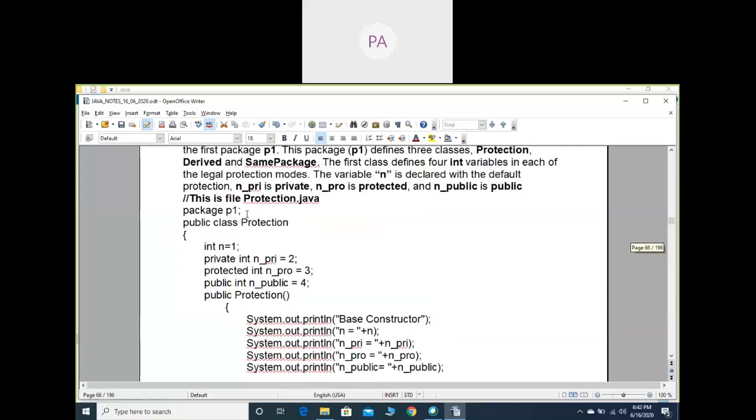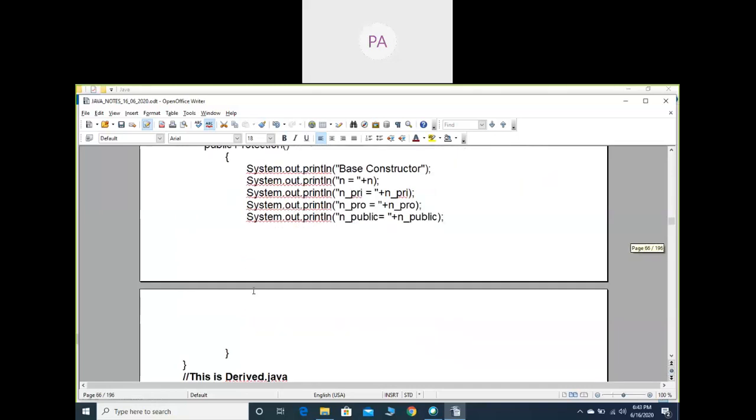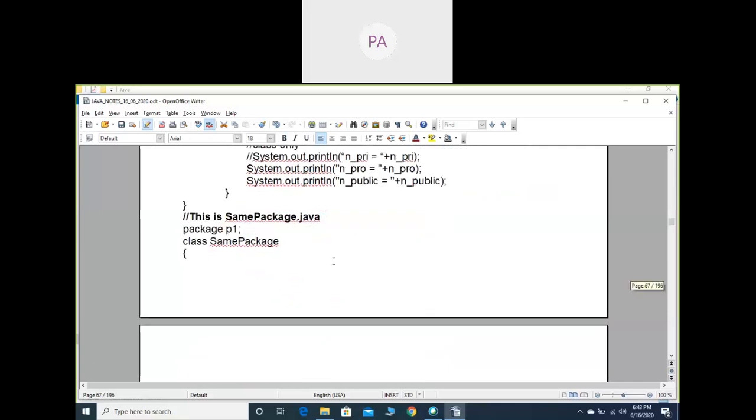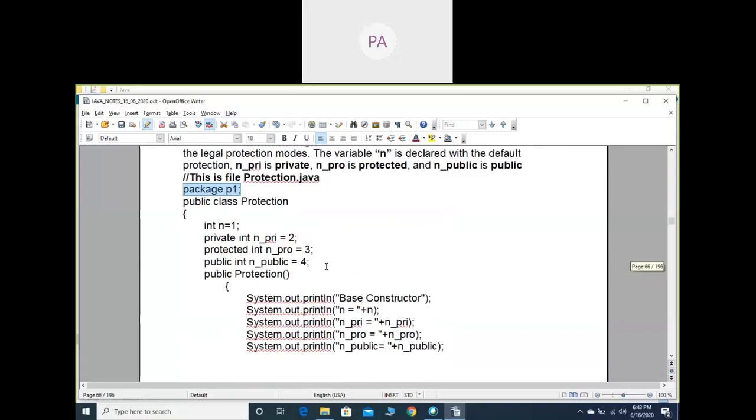In production.java, the first statement is package P1. That means in the P1 folder, we are storing these files: Protection.java, Derived.java, SamePackage.java. These files we are storing in the folder or directory P1, that is, in package P1. But here SamePackage is a non-subclass. So if it is a non-subclass, then we should see which variables we can access, for which variable we will get an error, and which